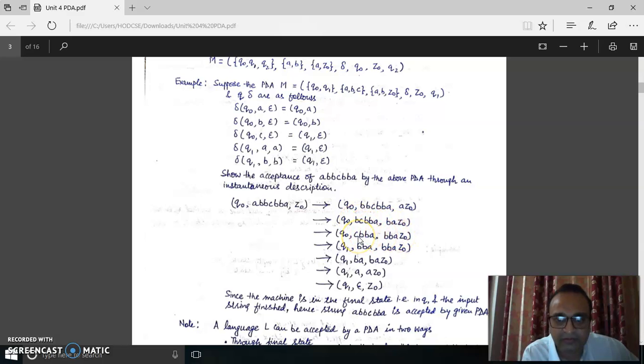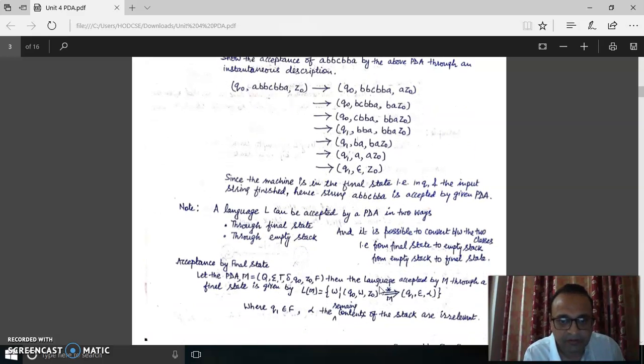Now C is the input symbol. We are changing to another state, that is the Q1 state, and we are doing no operation. Now we are on the Q1 state. Once B is there, B should be on the top of the stack. It is happening here. So B is consumed and B is popped also. Again B is there, so B will be consumed and B will be popped also. Now only A is there, and the stack top symbol is A, so A will be popped also. Now the string is exhausted and there is only the stack initial symbol. So this is the example.